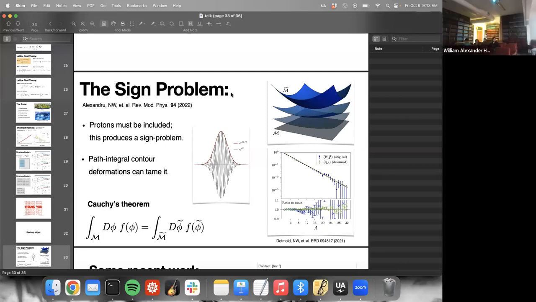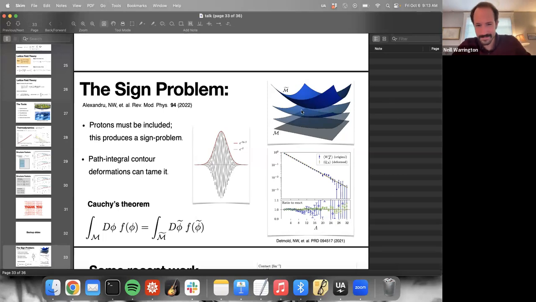Yeah, I feel like visualizing this would be non-trivial. Super hard. Yeah, I have to make cartoons like this, which are just laughably